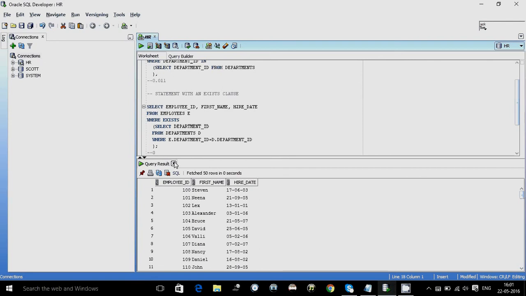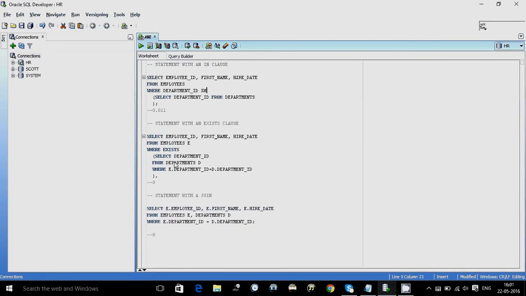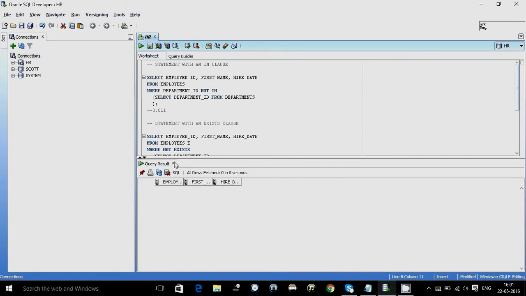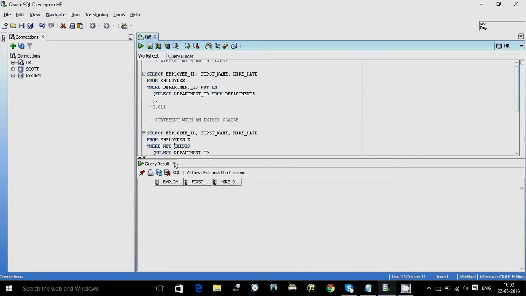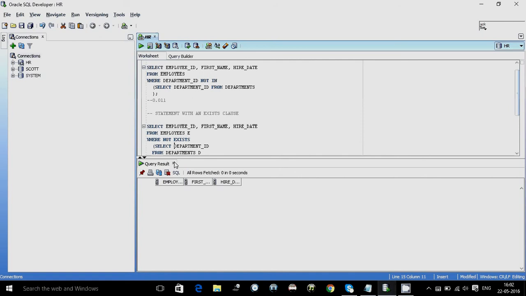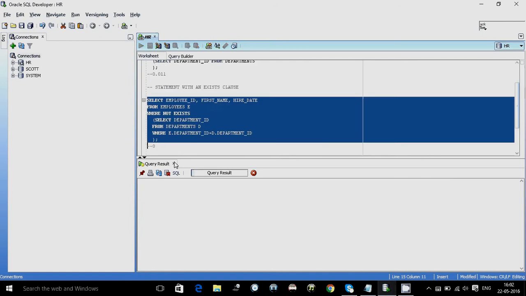Also, we can use NOT IN or NOT EXISTS. Say I want all the employees whose department ID is not present in the departments table. Basically it doesn't return anything. Now the tricky part here is that NOT EXISTS would return something.